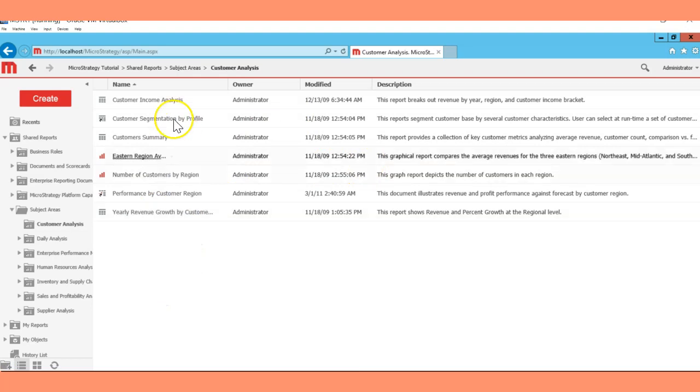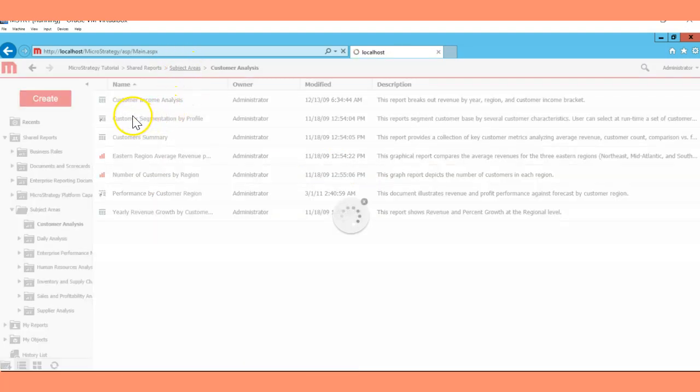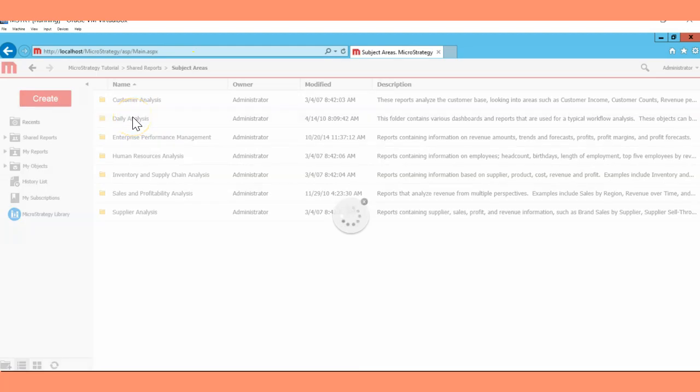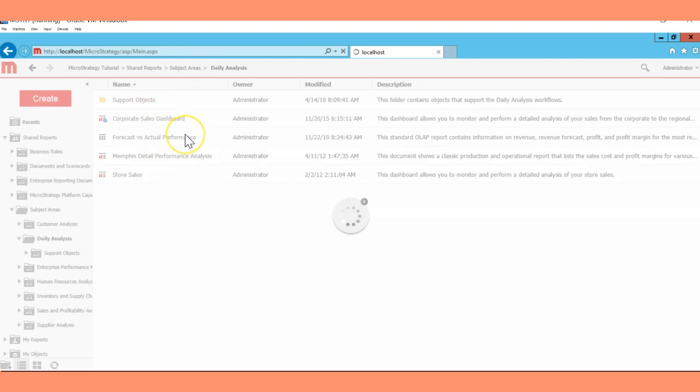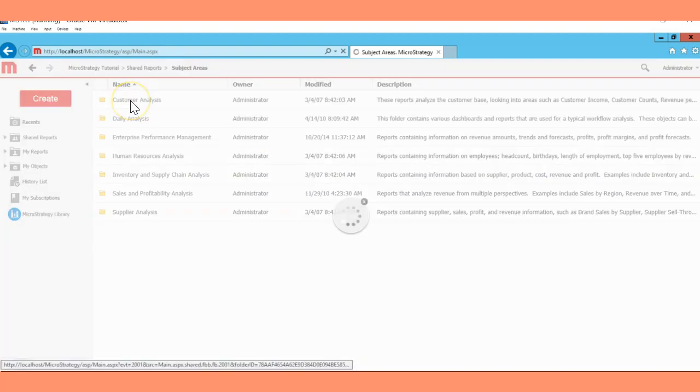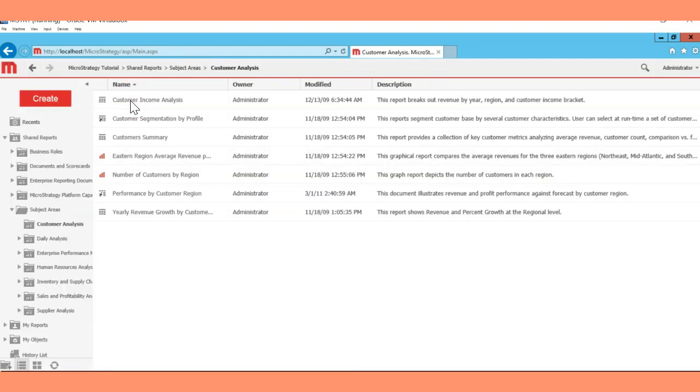So these all are the reports here. If you go back, you can see in the daily analysis we have a lot of reports. All these are pre-built reports that come when you install the MicroStrategy tutorial project with your installer, and you don't need to create them. These are for practice purposes, so I'm just going to use one of them in this exercise.